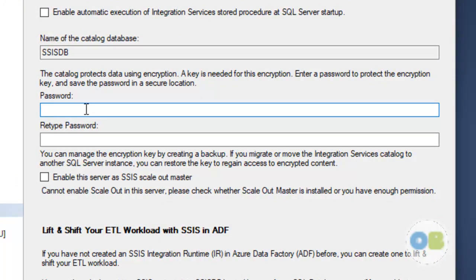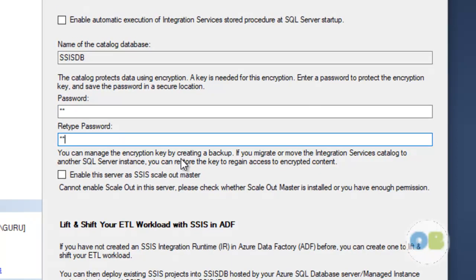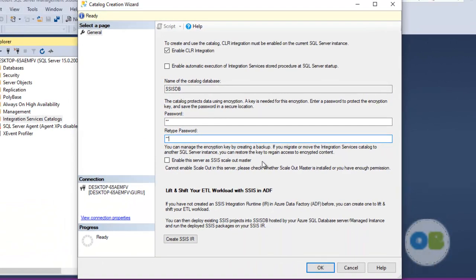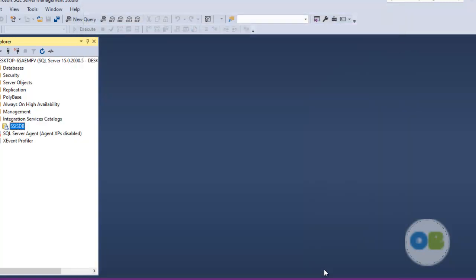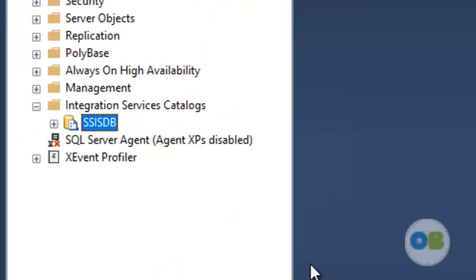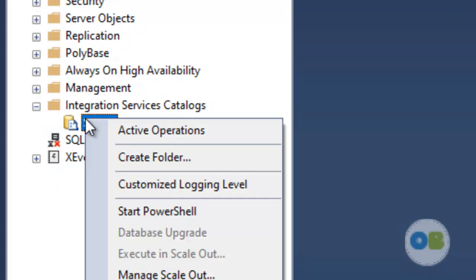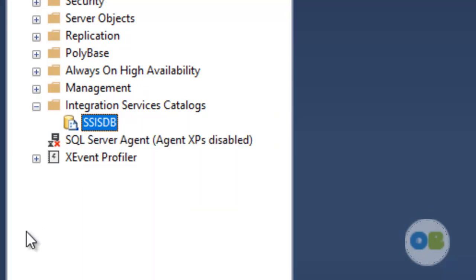Here I am going to give my password as SA and SA. Let's click on OK to create the catalog of SSIS-DB. There you go.